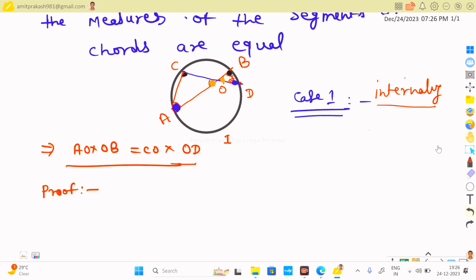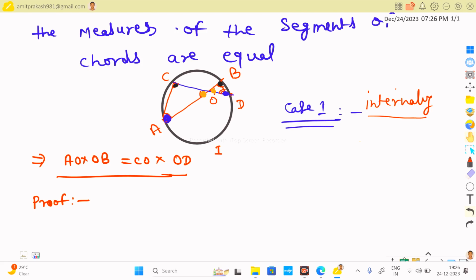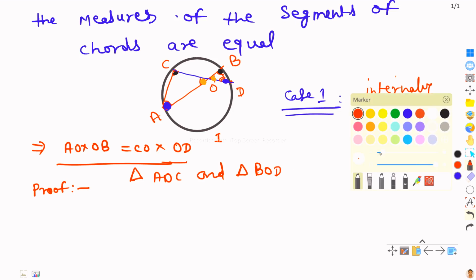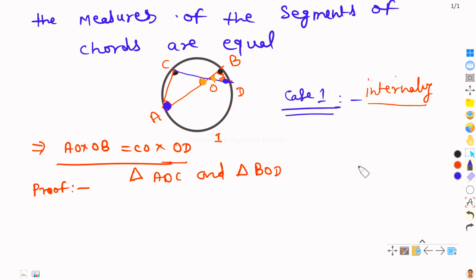Thus, we have a pair of triangles, triangle AOC and triangle BOD. In triangle AOC and triangle BOD,